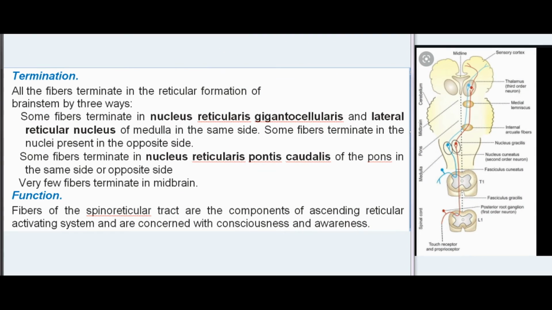Termination. All the fibers terminate in the reticular formation of brainstem by three ways. Some fibers terminate in nucleus reticularis gigantocellularis and lateral reticular nucleus of medulla in the same side. Some fibers terminate in the nuclei present in the opposite side. Some fibers terminate in nucleus reticularis pontis caudalis of the pons in the same side or opposite side. Very few fibers terminate in midbrain. Function. Fibers of the spinoreticular tract are the components of ascending reticular activating system and are concerned with consciousness and